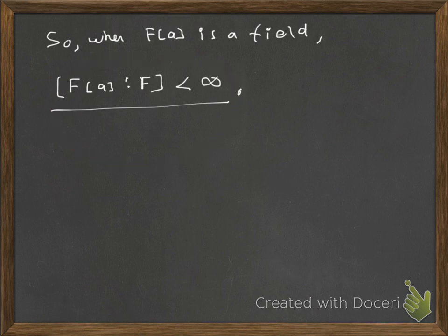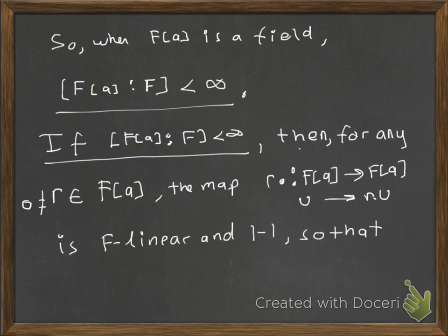That is, it is enough to yield this condition. So let's assume that the degree of F[a] as a vector space over F is finite. So is this sufficient to guarantee that F[a] is a field? All we have to do to verify this is take a non-zero element from F[a], call it r, and see if the left multiplication by r is F-linear. It's easy to verify, and one-to-one because we are in a domain,